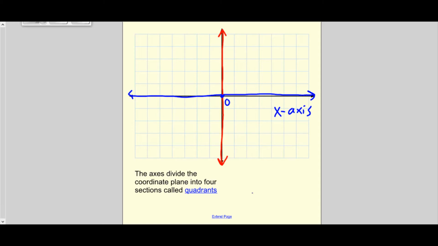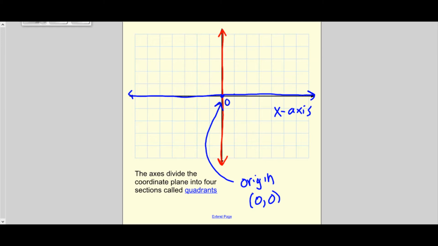This is what we call the origin. It is sort of the starting point of our graph. And this is the ordered pair 0, 0. I'll explain what an ordered pair is in a moment. But for now, the origin is the starting point of your graph. The first number is 0